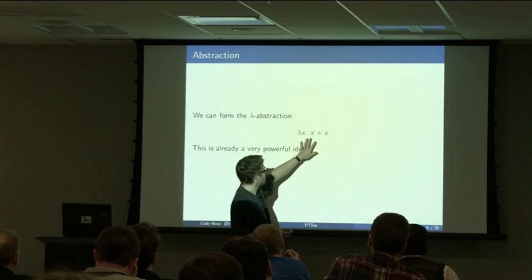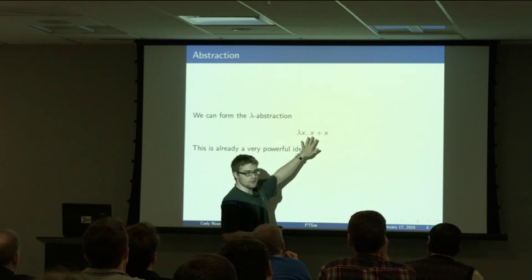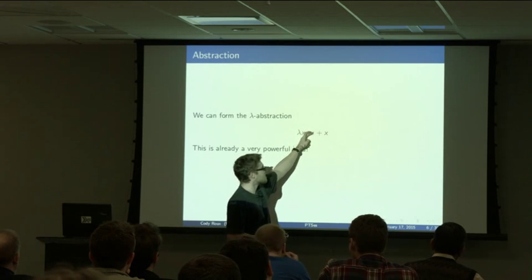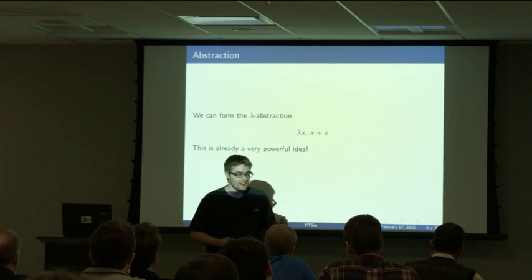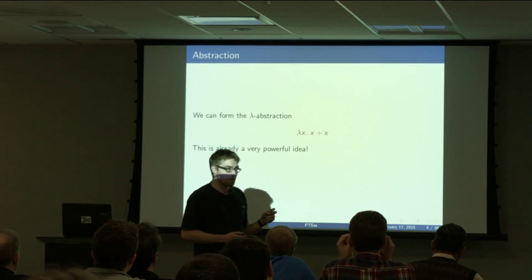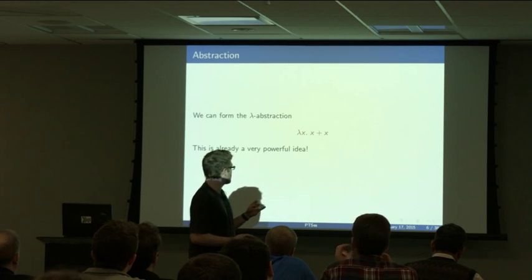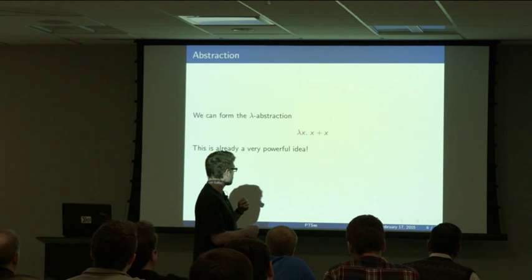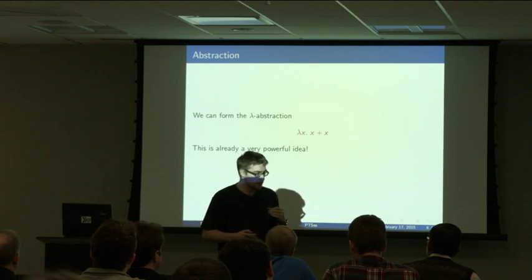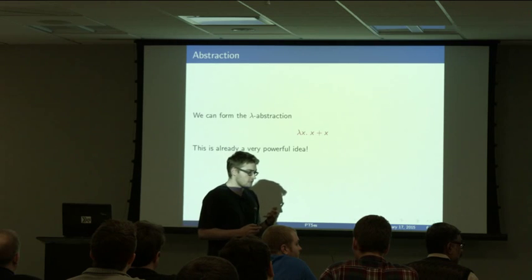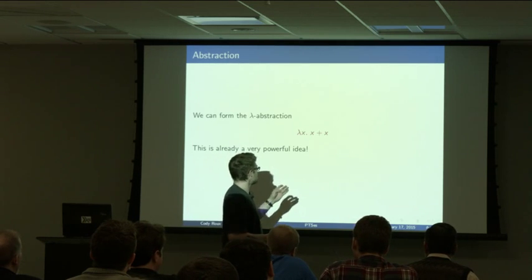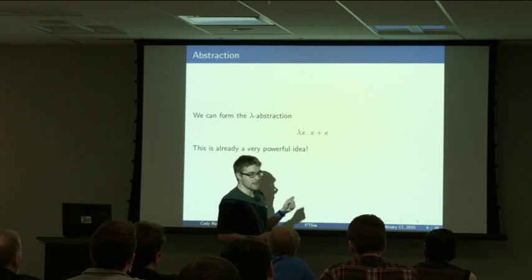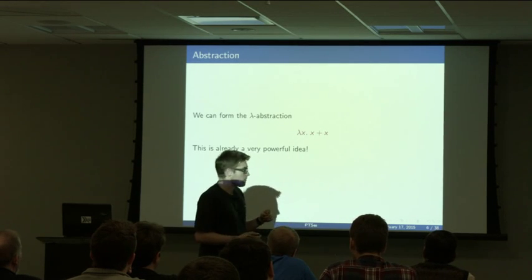I'm sorry. Maybe I should have used Haskell notation. This is sort of \x -> x + x, just in case you're more familiar with Haskell than you are with these funny Greek letters. In fact, the \ is, of course, supposed to look like this lambda, and Ed is giving out stickers with lambdas on them. So I'm going to assume you can mentally at least replace lambda and dot by \ and arrow.